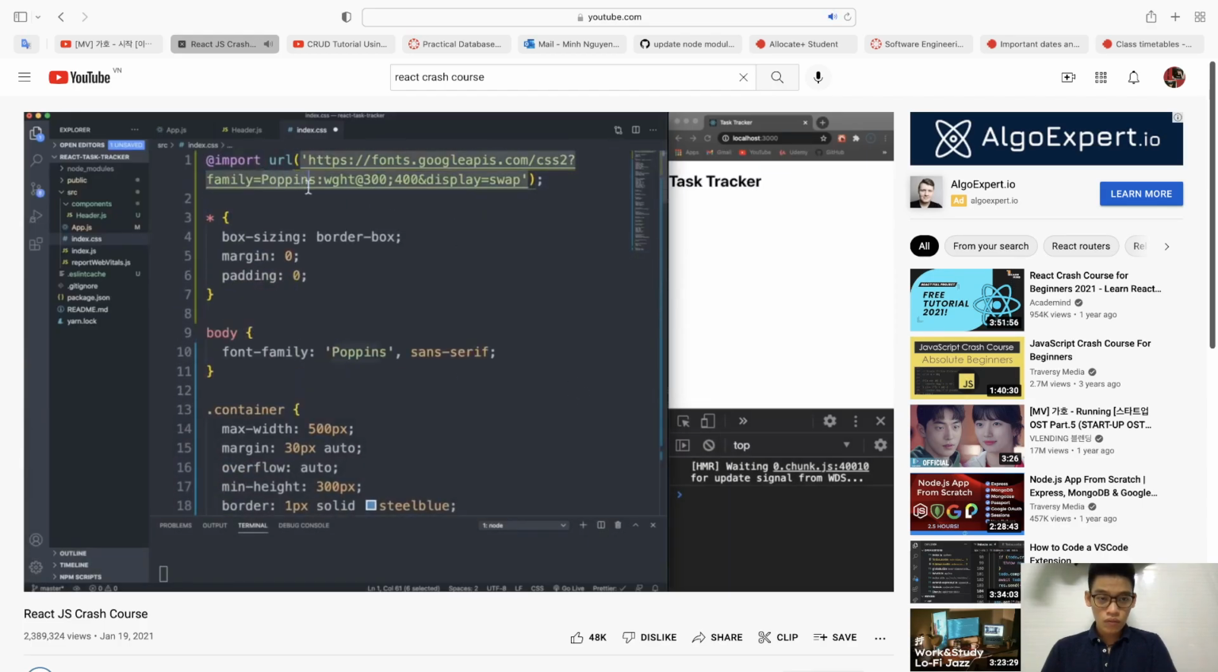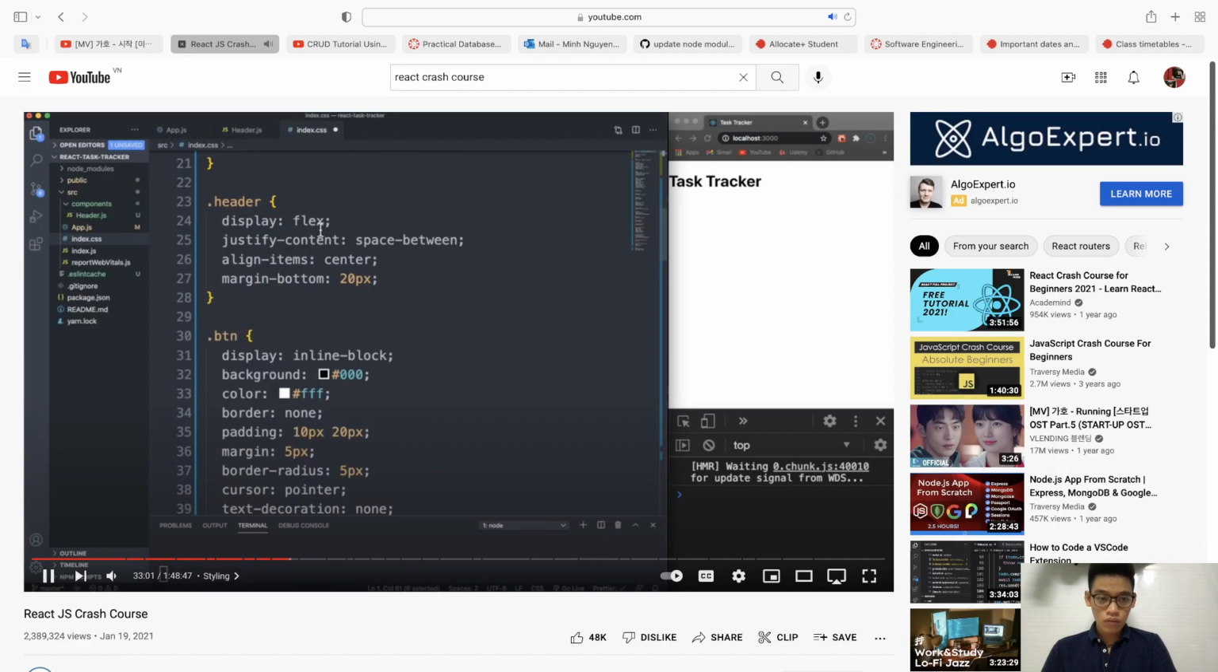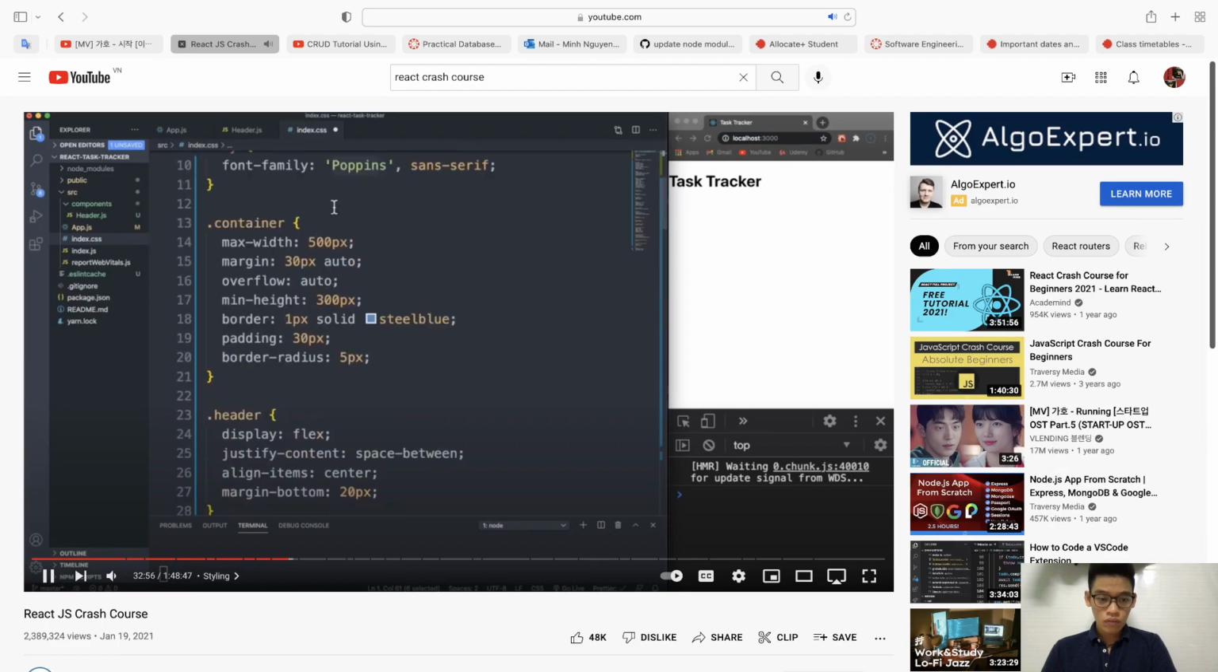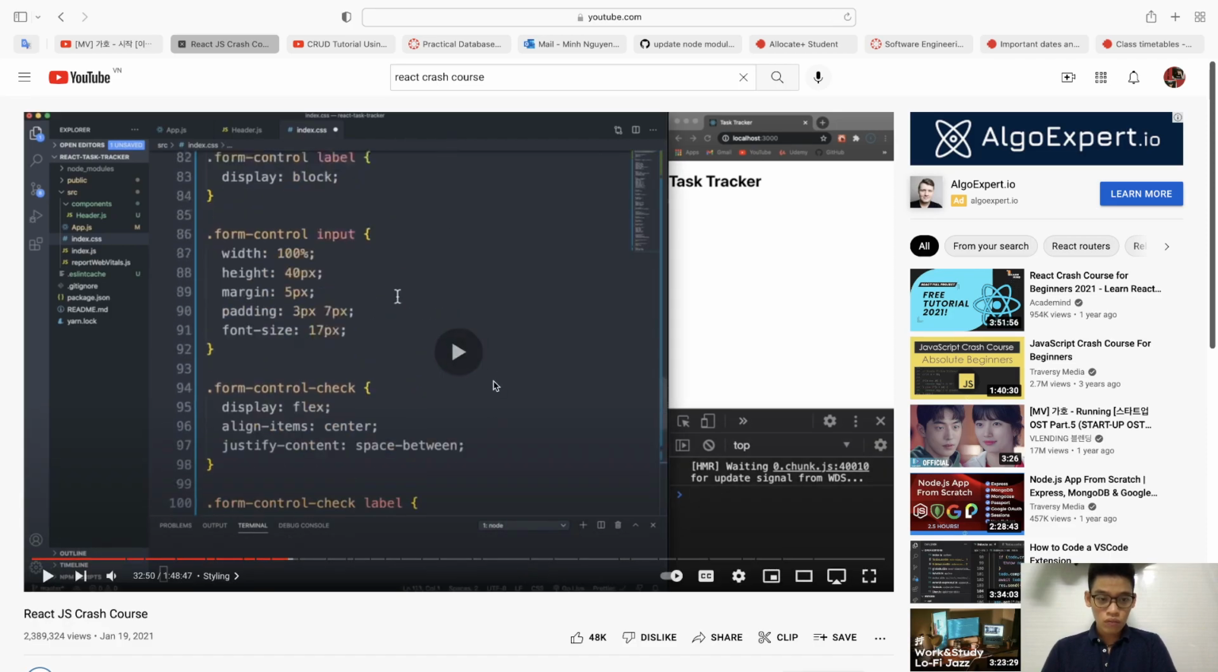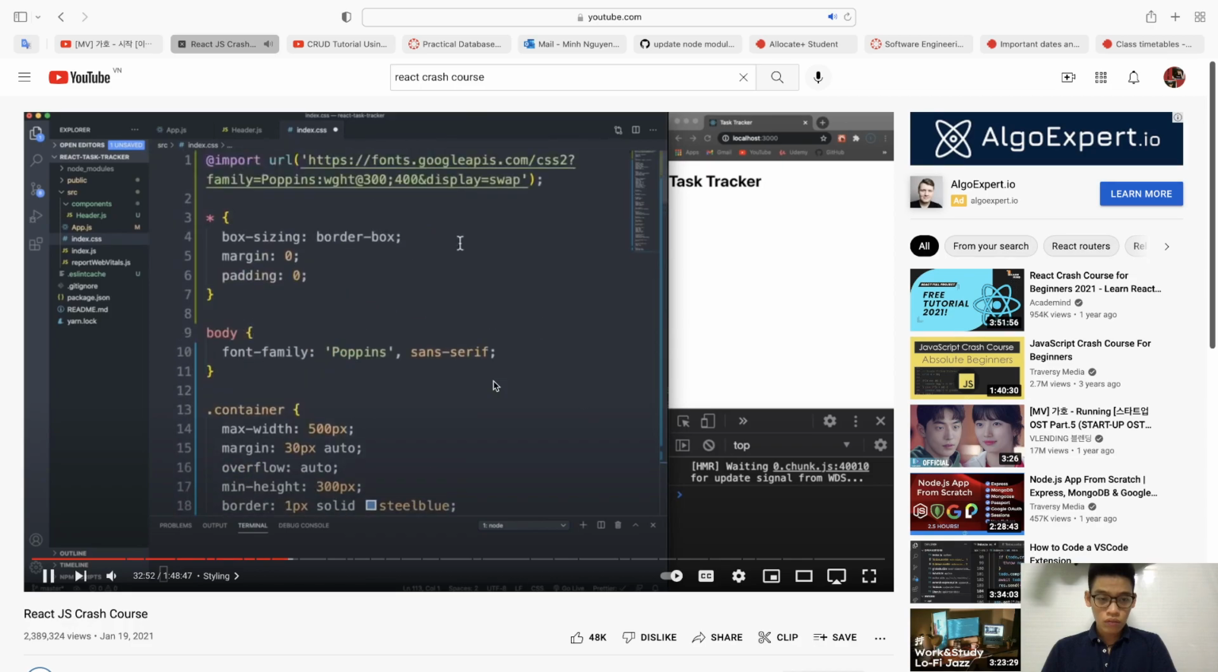We're using the Poppins font. The border header is going to contain the repository and the description. So just grab the styling, and I'll go through it real quick. It's pretty simple. We're using the